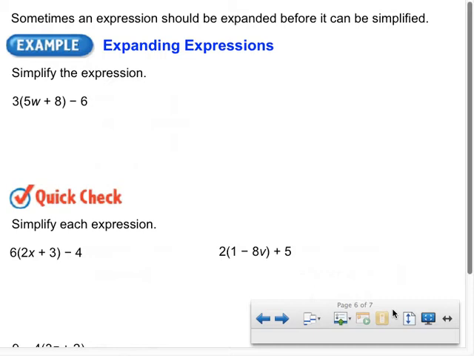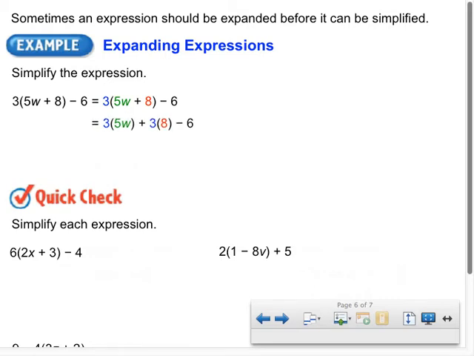Teray, can you walk me through this? What's the first thing I should do? First you have to show the distributive property. Right. So you have to group. Well, you have to put 3 and in parentheses put 5W, and plus 3 and then put in parentheses 8